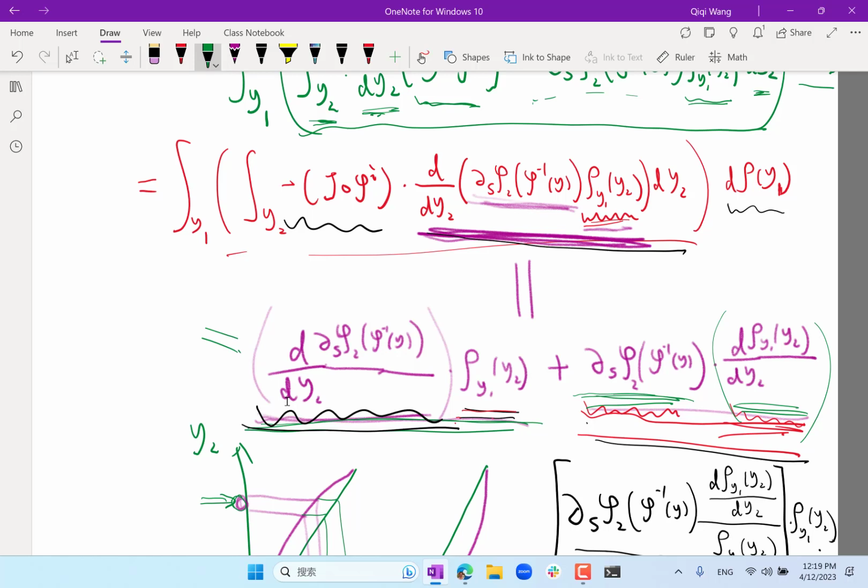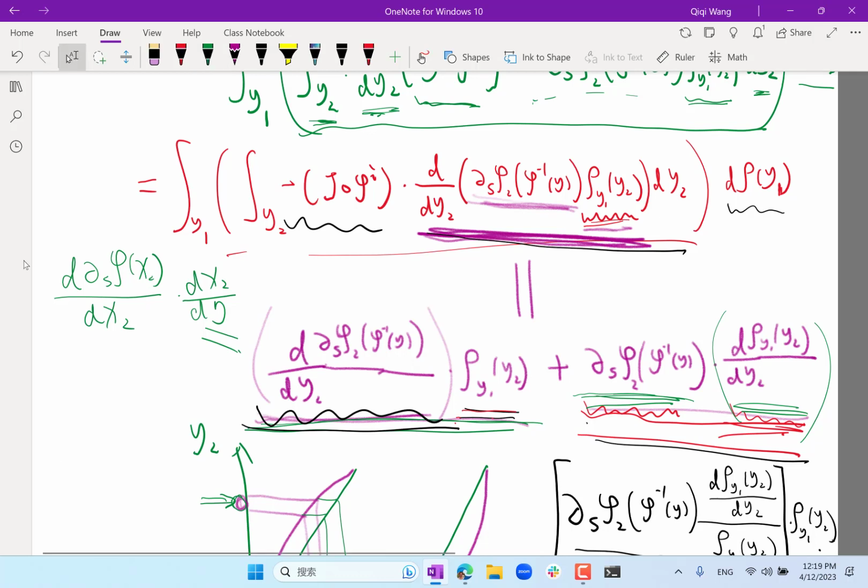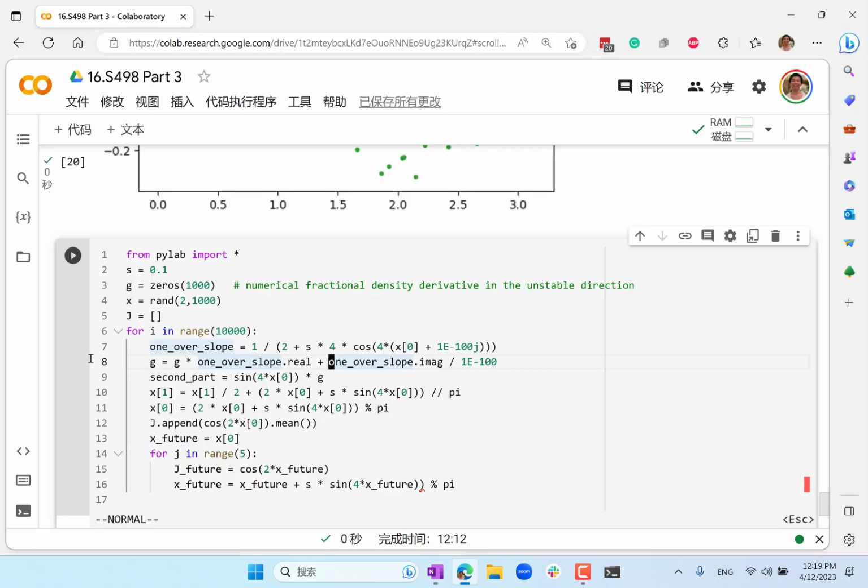So this is the derivative of the perturbation with respect to x times dx dy, right? So this is basically that makes it numerically easy to evaluate. Okay, and this is